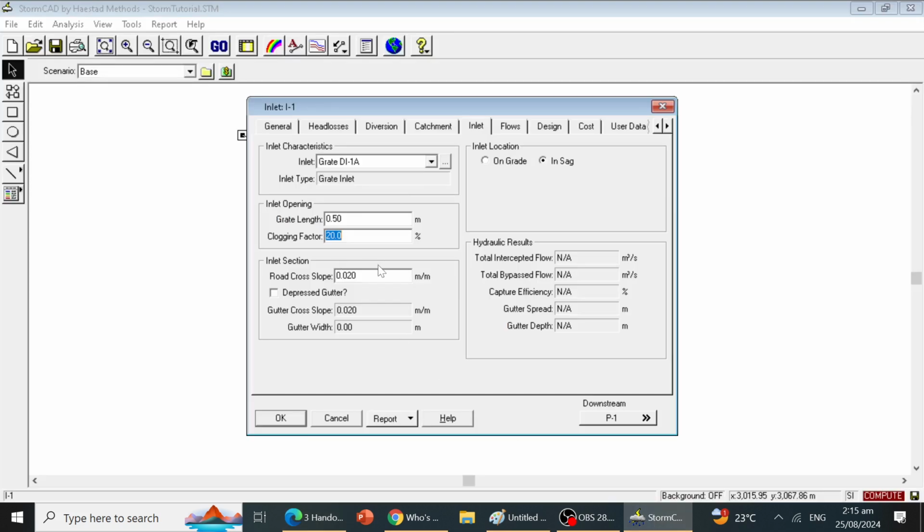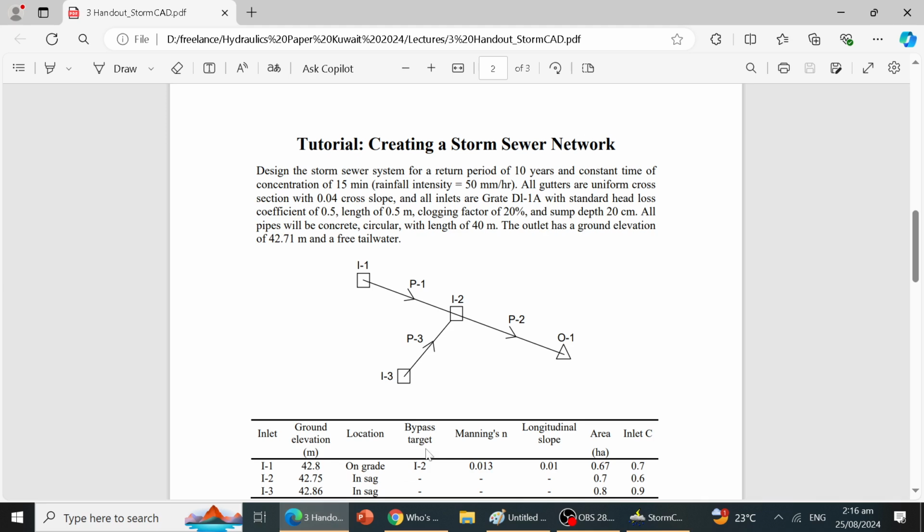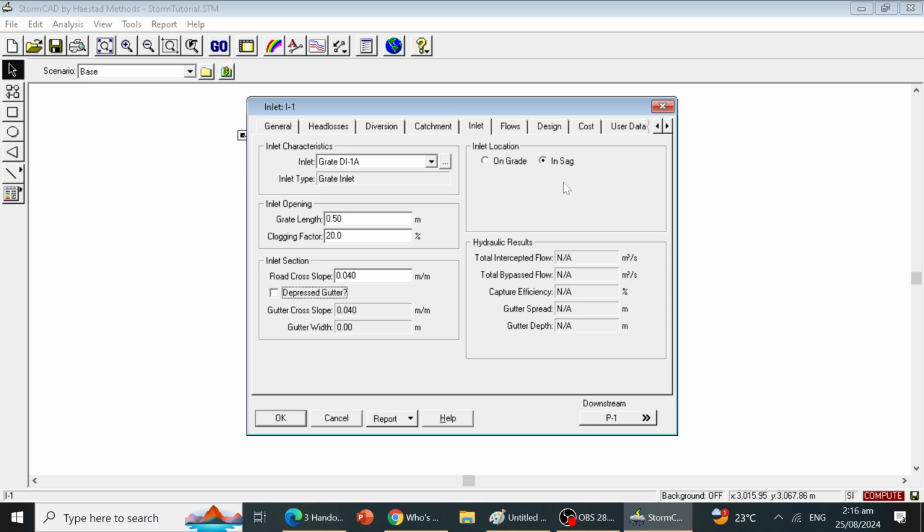So road, it is 0.04. So the gutter cross slope is also 0.04, but we have to uncheck this depressed gutter. And the other information is inlet location. So for our first inlet, its location is on grade, so we will select on grade. So for the on grade,